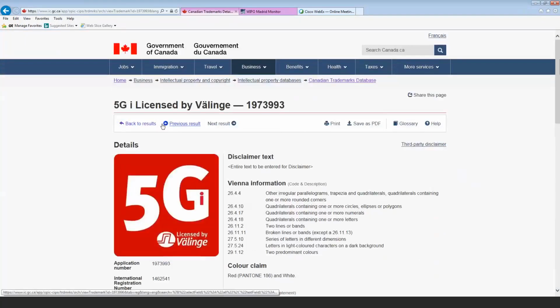I can also, from here, as you noticed in the search results, I had many results because I did just a generic search. But if I was to even narrow my search and I'm on the details page, I can either go back to my results here, or I can go to the previous results because it wasn't the first one that I selected from the list. I can also just go to the next results directly from here. So by clicking next results, it'll just bring me to the next result that was in the search results that we had in the previous